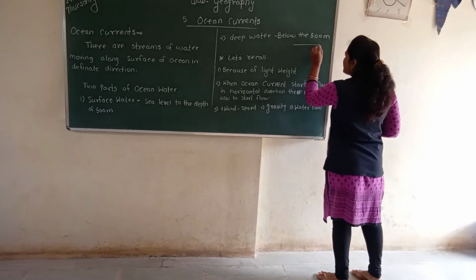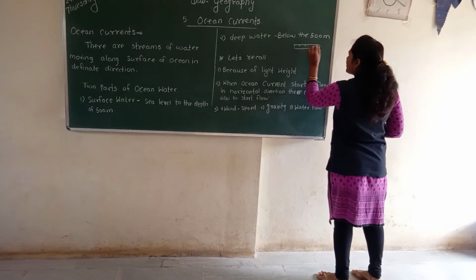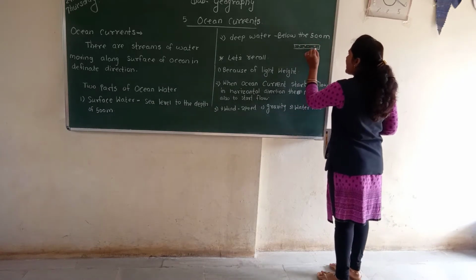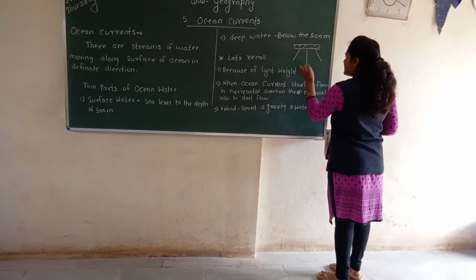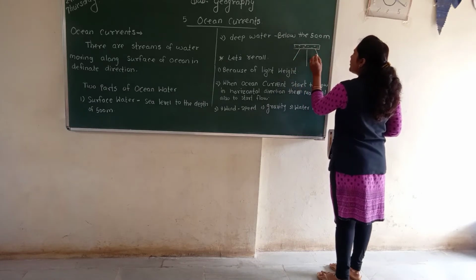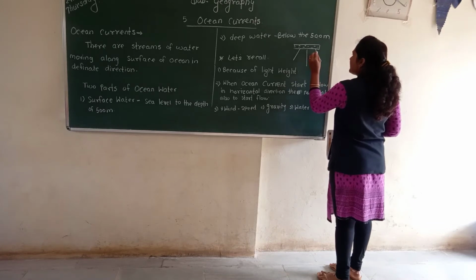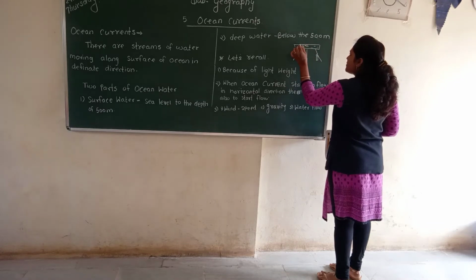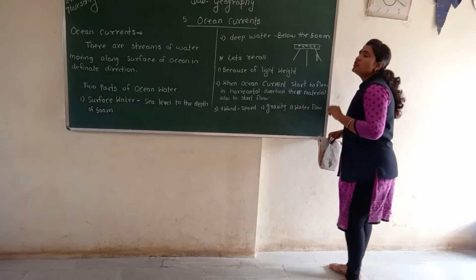Now see, students, that is a metal tray full of water, and downside here is a stand. At one corner we put a candle, consider that, and here there are some plastic spoons, okay students.